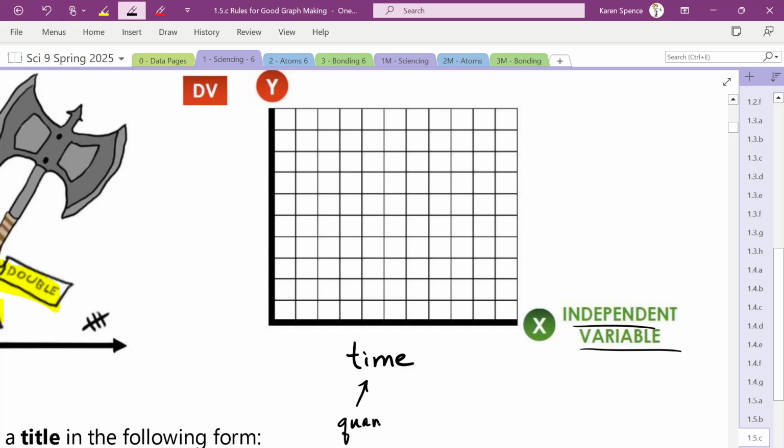So we put the quantity, and then in brackets, we put the unit. So that's going to be seconds. Along the y-axis,